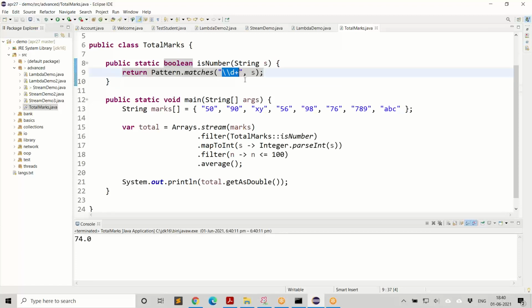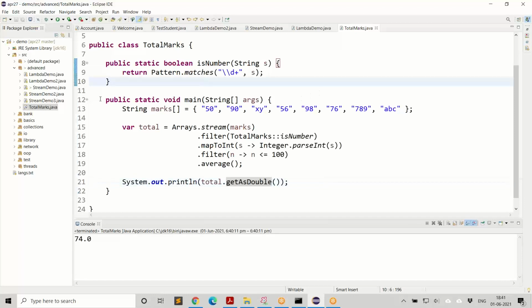If you want to check whether the data is in the way you want, regular expression is the way to go. And once you have the numbers, again filter based on the numeric value, get the average, and it is going to give you an optional double. From there you take a normal double. That's the way you do it.